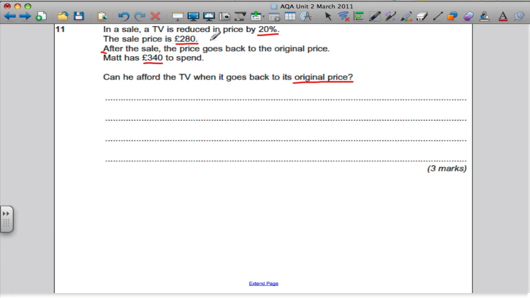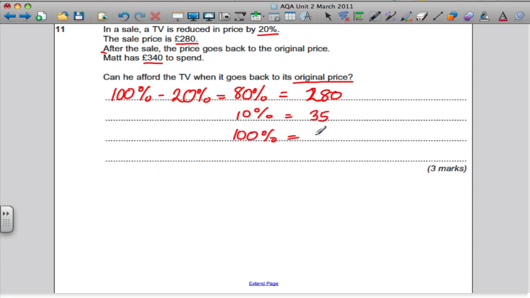Okay, well, in a sale it's reduced by 20%. So you had 100% worth of the price and it's reduced by 20%. So you're left with 80% of the original price. And you know that's equivalent to £280. So in particular, let's say 10% is 280 divided by 8, which is equal to 35. So 100% must be that times 10, which is equal to